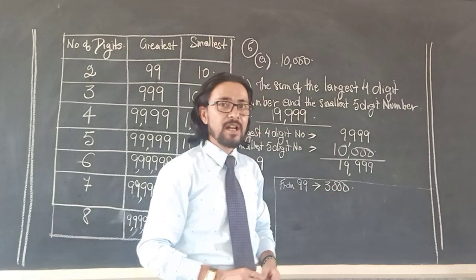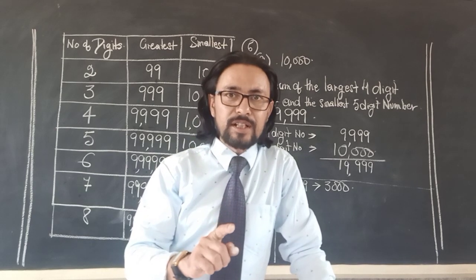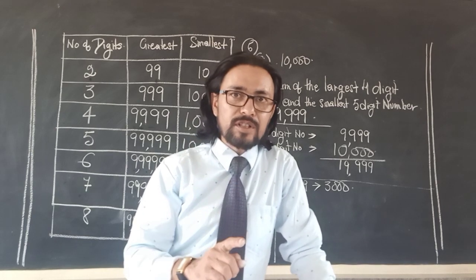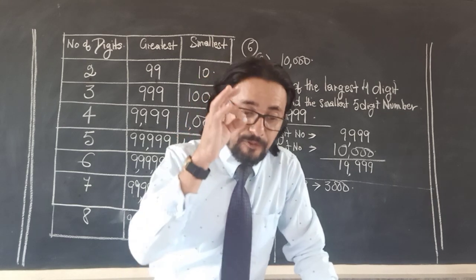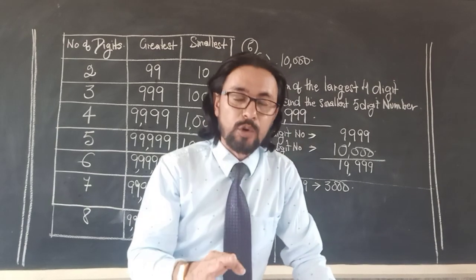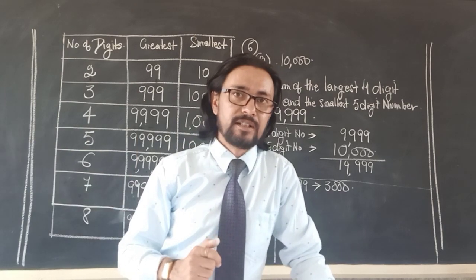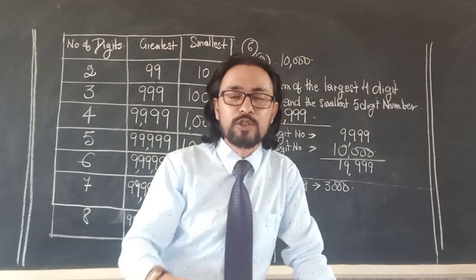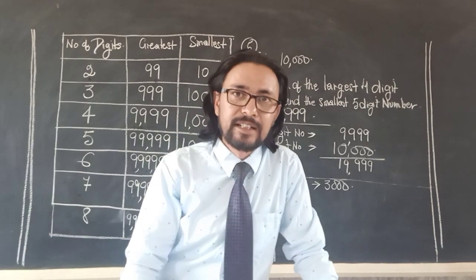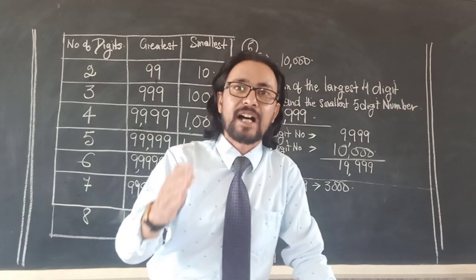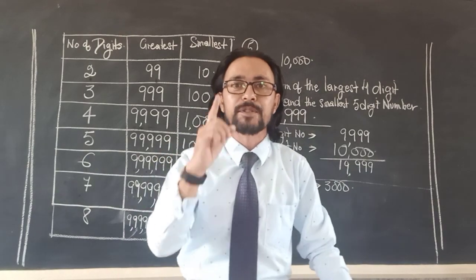Now they've given you a trick question. They've asked you 3000. But is 3000 a 3-digit number? No, it is a 4-digit number. Is 2000 a 3-digit number? No, it's a 4-digit number. Is 1000 a 3-digit number? No. It is a 4-digit number. So the last 3-digit number that we know is 999. So I don't have to count till 3000. They have written 3000 to confuse you. So you have to find only till 999. You have to find out how many 3-digit numbers are there till 999, because after 999 comes 1000.